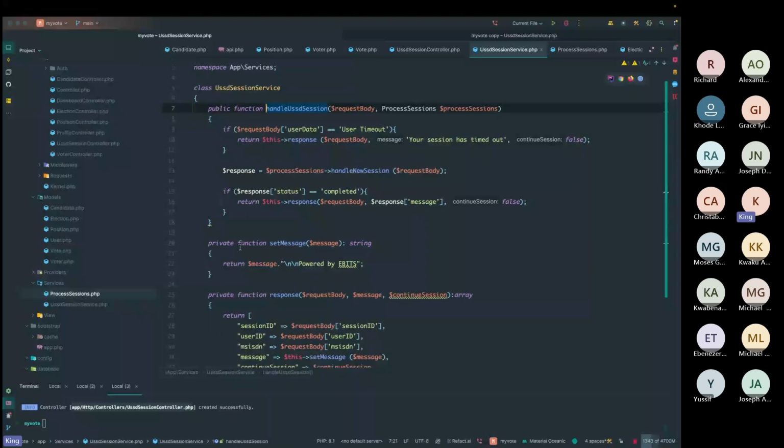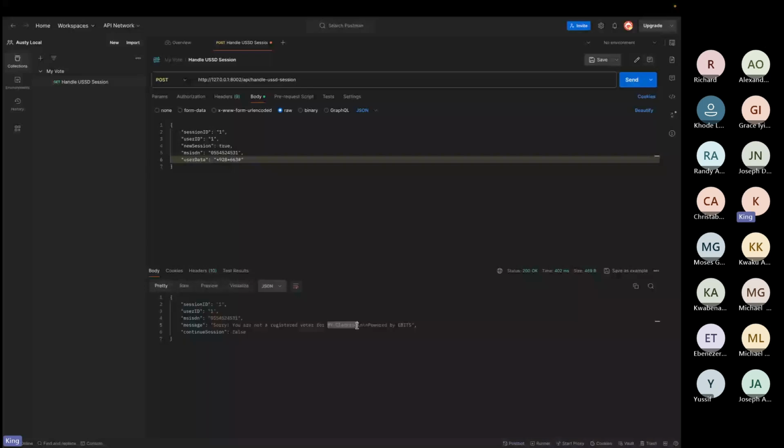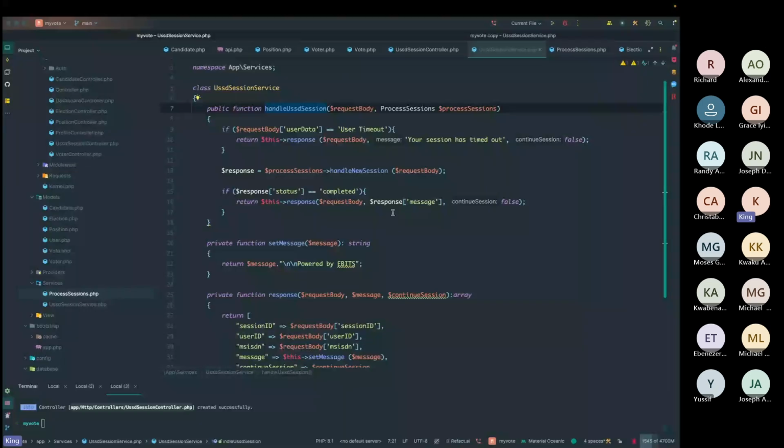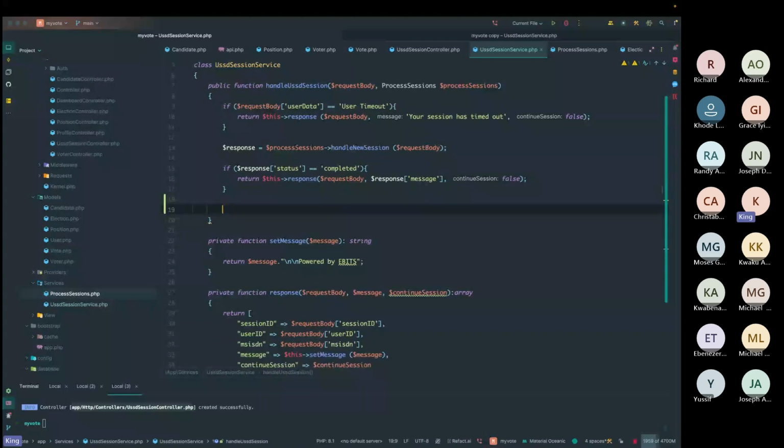should work right. So now we have, "Sorry, you are not a registered voter for the elections," name, which is my election, and then we have followed by EBITS. So we have that check working. And then the next thing we will do is to now get the list of positions for the person to select from. So we can do positions equal to,